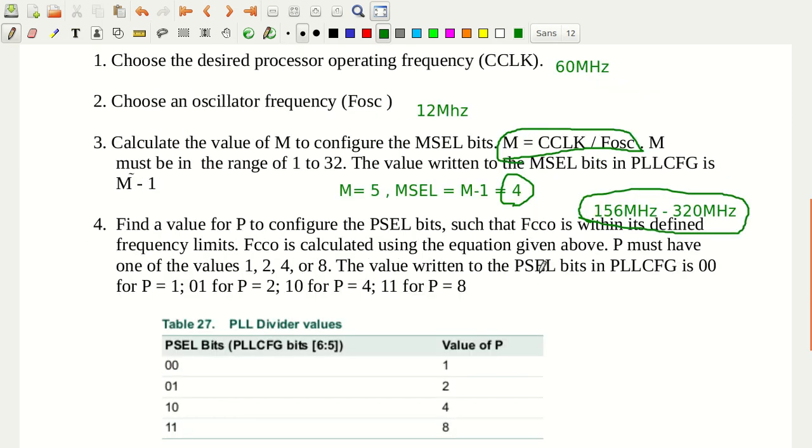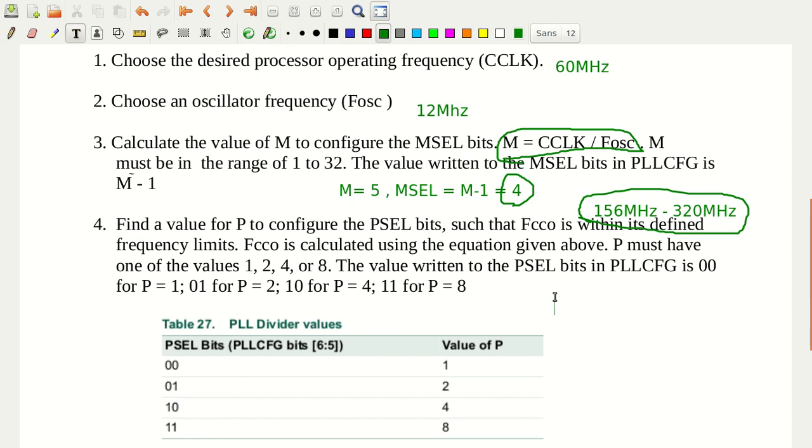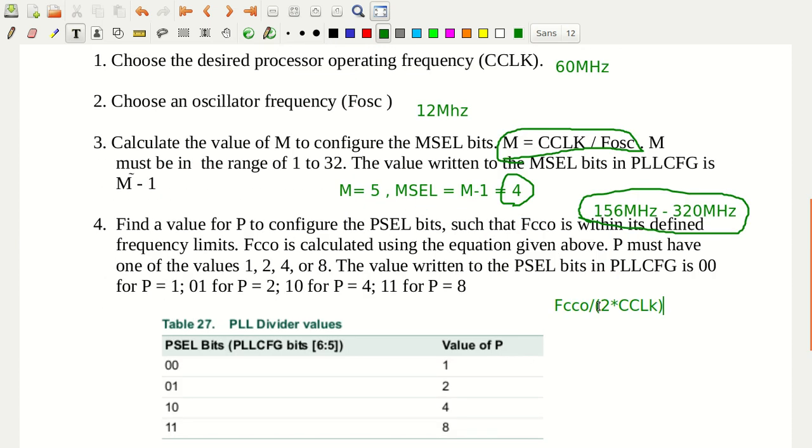Let me write that one: FCCO divided by 2 into CCLK will give me the P value.